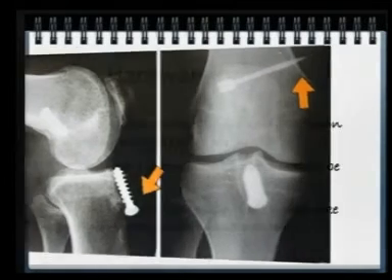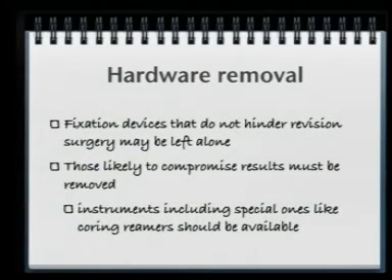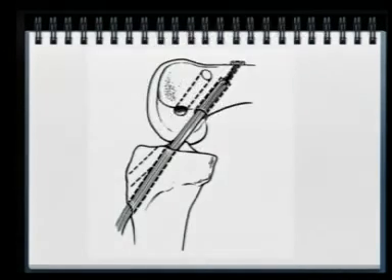Hardware issues can be a problem during revision. Fixation devices that do not hamper your tunneling may be left alone. Those likely to compromise results have to be removed, and you must have special instruments to tackle all these hardware